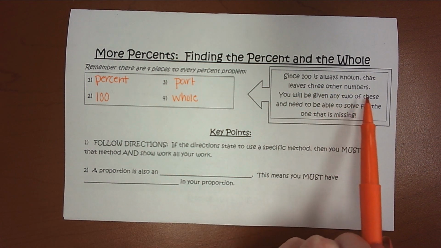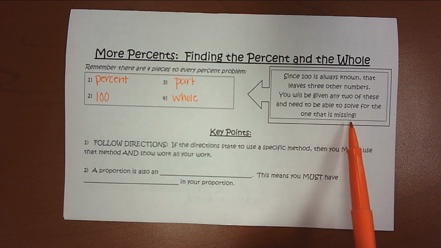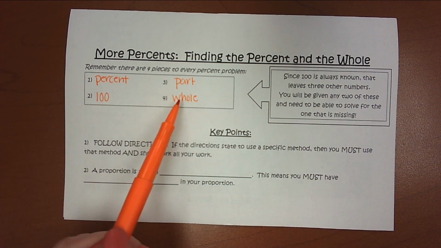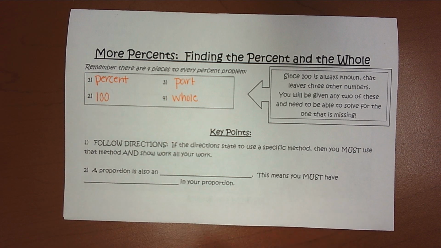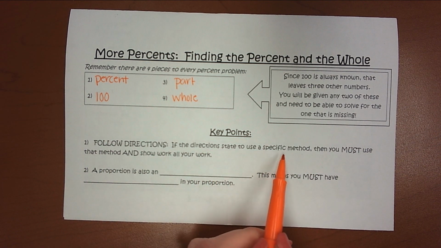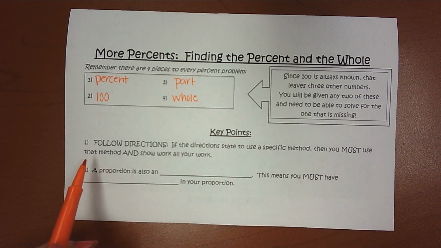You will be given any 2 of these and need to be able to solve for the one that is missing. So you'll be given the percent and whole, the percent and part, or the part and the whole, and be asked to find that missing piece. And so some key points here are to follow directions. If the directions state to use a specific method, then you must use that method and show